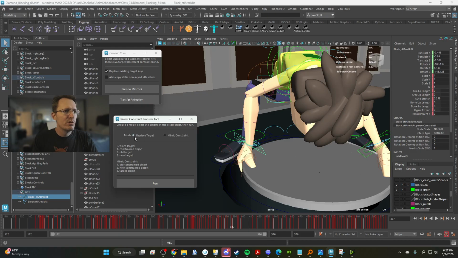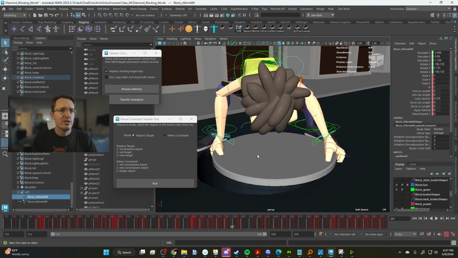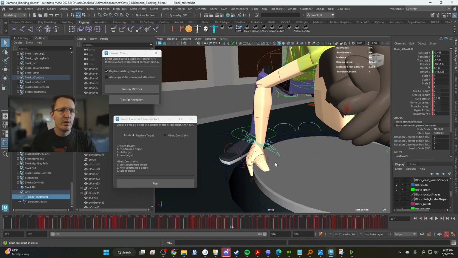So there's two modes here. Essentially replace target, there's a constrained object, and then two old. So if you had a constrained object, say his hands, and say you had a ball constrained to his hand, in that case you select the ball curve, and then you would select the old arm or the old hand or